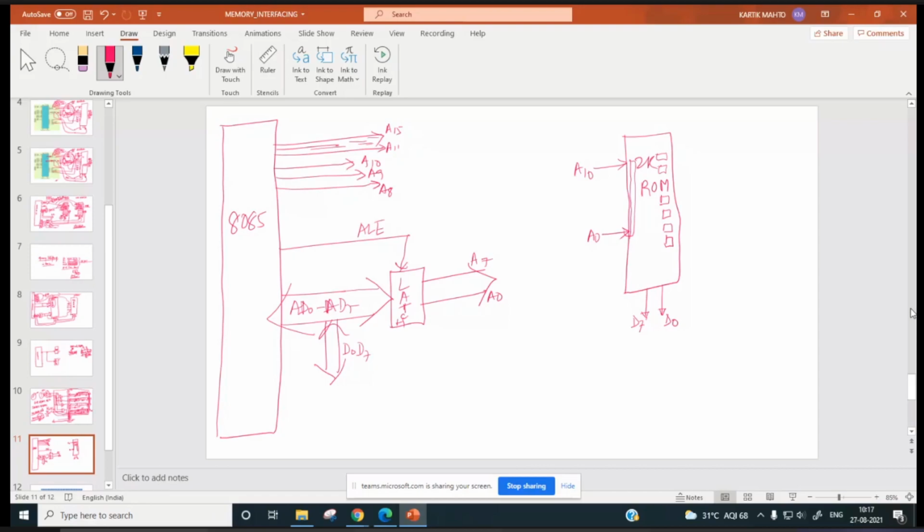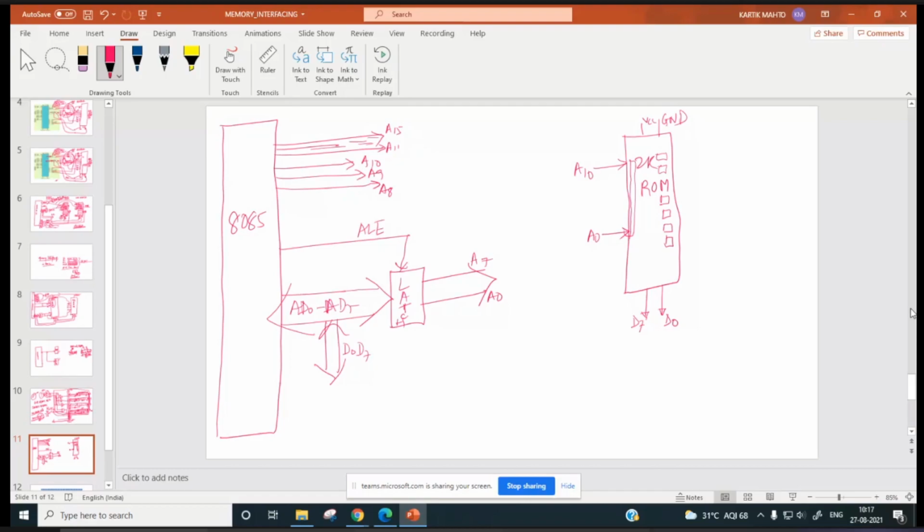Okay. Now what will be the other pins? You will have VCC, you will have ground. Any other pin we are missing in this ROM chip? Sir, clock.